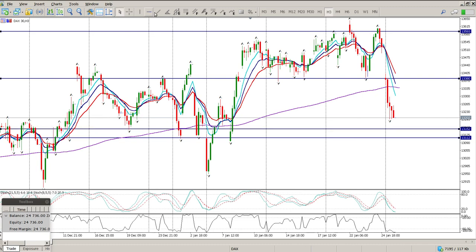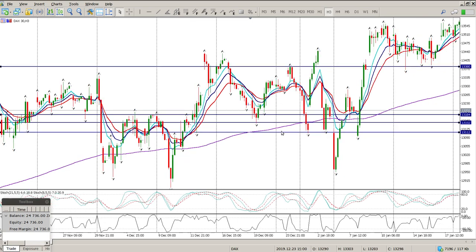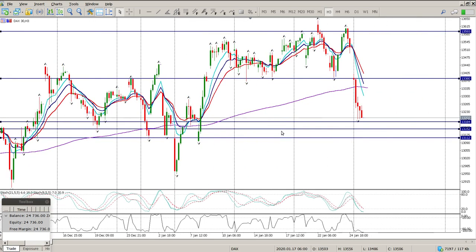And you can see exactly where we are at the moment. So I would expect some support to be found in this area. I don't see us flying through this as quickly as what we've been moving. So you can see a massive bar, and then the buyers started stepping in just before the areas of support. But what's conspiring at the moment,